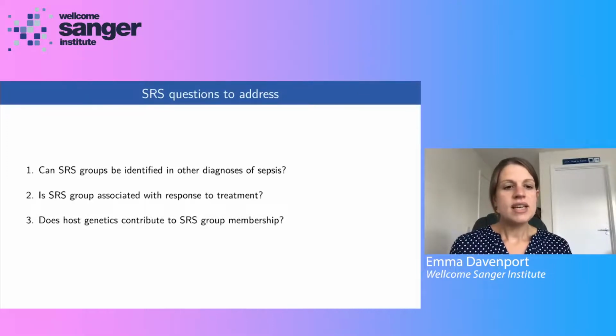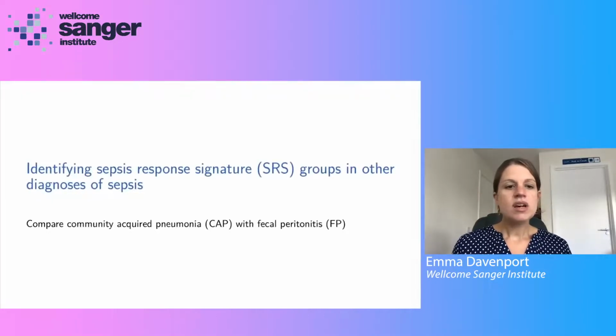The second is starting to explore whether SRS group may be associated with response to treatment, and this will be particularly informative for trying to understand why clinical trials have failed so much over time. And the final one is thinking about how the host genetics might be contributing to SRS group membership and whether people are predestined to be in one group or the other. So to start with the first question,